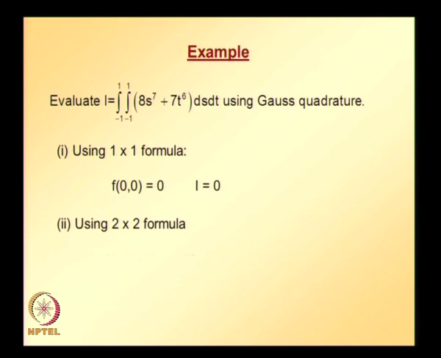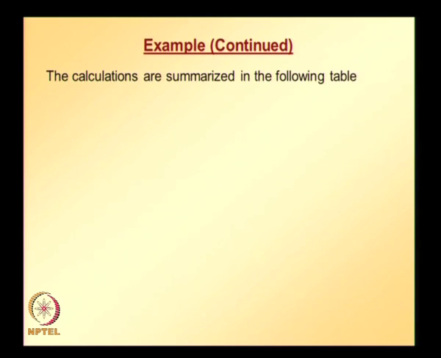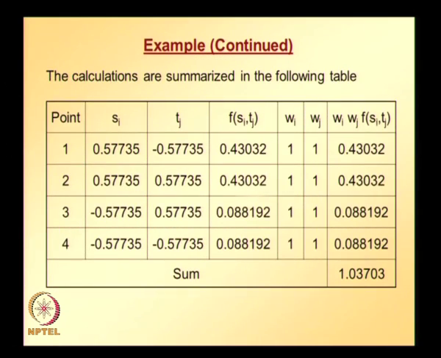And using 2 by 2 integration formula, the calculations are summarized in this table. Point 1 s and t locations and the corresponding function value at this point, the corresponding s and t values, weight along s direction, weight along t direction, weight along s direction times weight along t direction times function value at point 1. Similarly, for point 2, point 3, point 4, all the details are provided in the table,